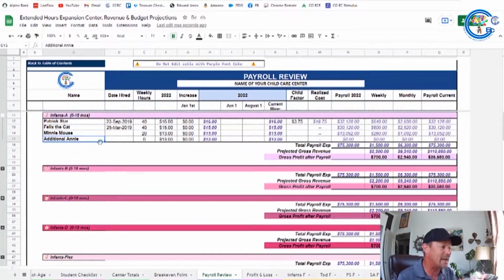And you might need additional Annie in there to work maybe, let's say, 5 hours a week for giving breaks, covering at lunch, because you need to maintain your ratios. When I say lunch, like nap, of course, an infant room nap is all the time, right? But let's say you need her 5 hours a day. So you're going to plug in and budget for additional Annie for 5 hours a day for this one classroom,